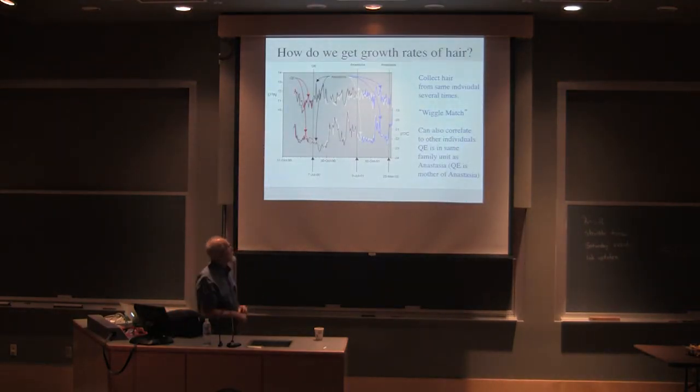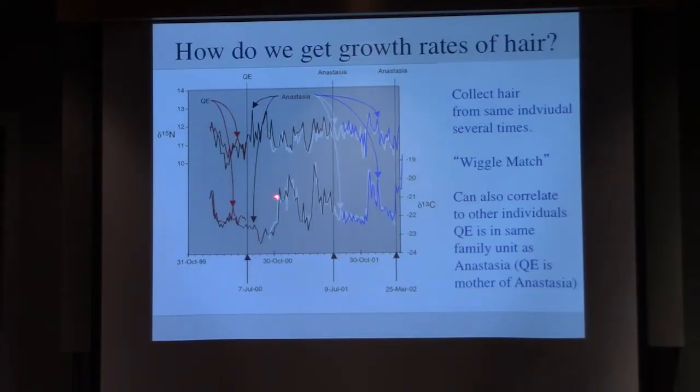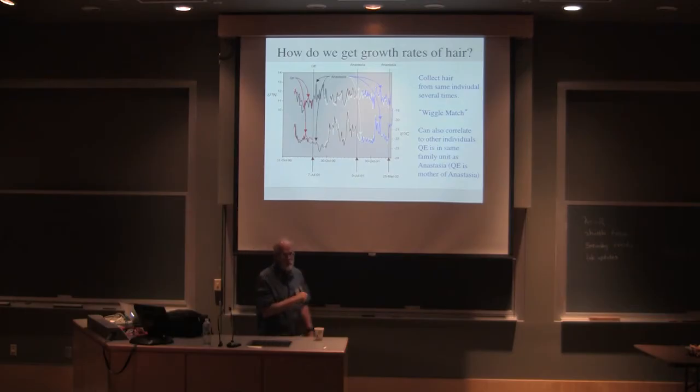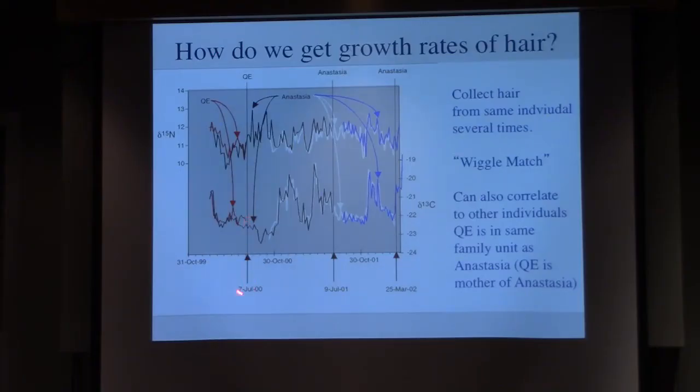This is just some initial data to show how we actually get the growth rates of the hair. So we have 4 different hairs represented here from 2 different animals. Queen Elizabeth was the mother of Anastasia, and everybody else in that family has the name of some queen at some point in history, family known as the Royals. So we have a sample collected here, 7 July. Actually, that was the animal when this individual died. We collected a sample from her